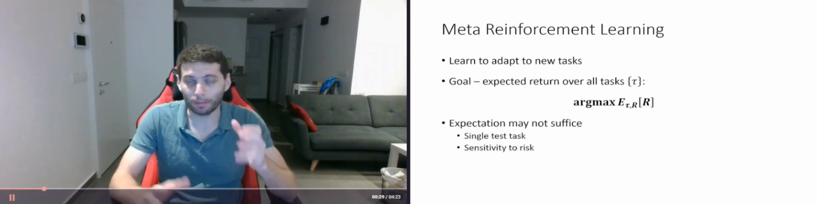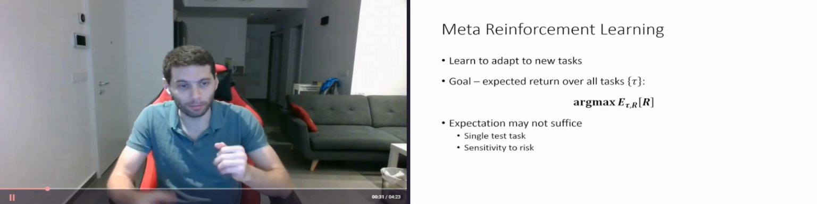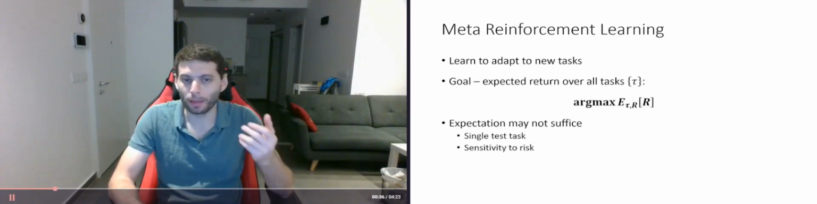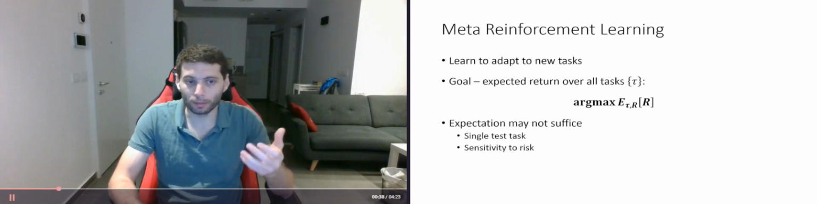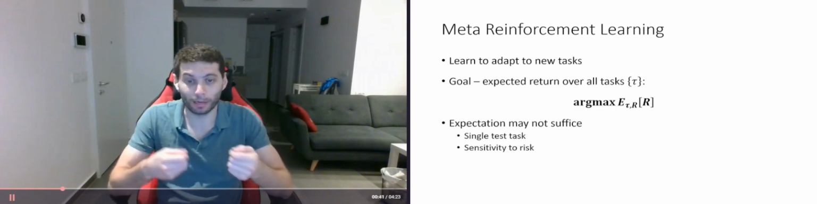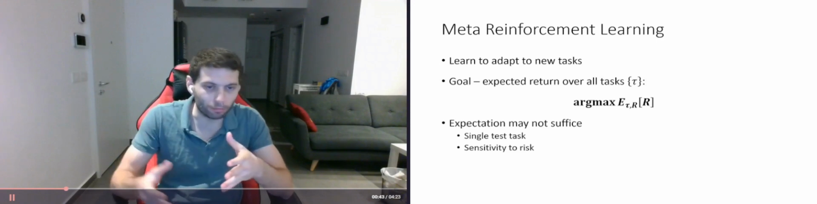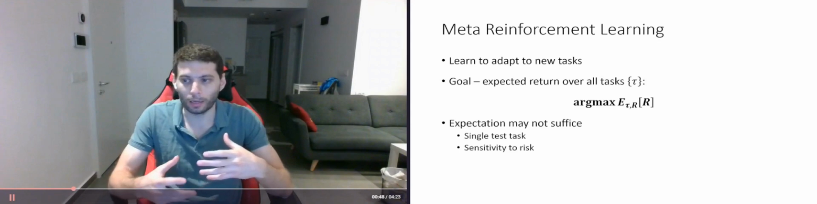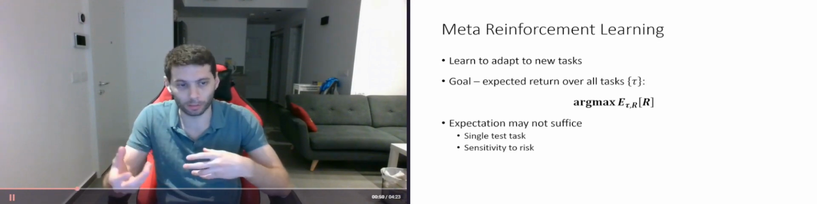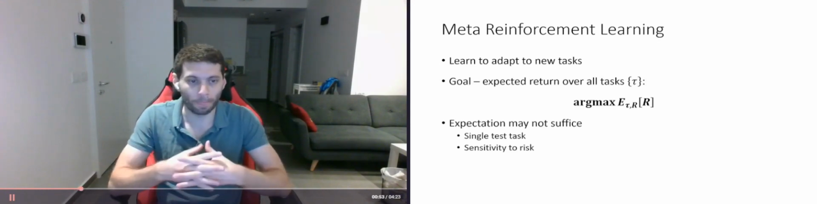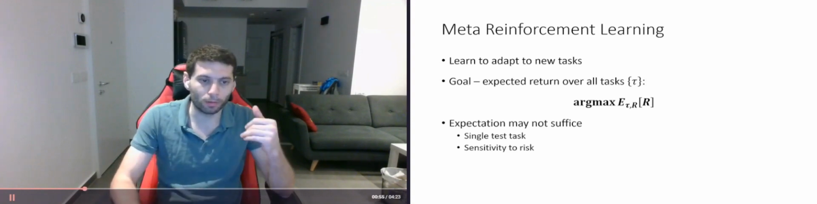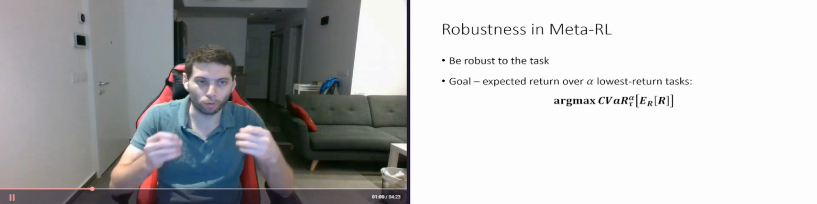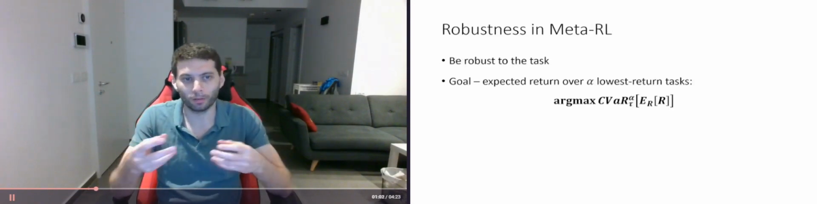Now, the thing is that sometimes the average is not enough. For example, if we only have a single task during test time, we might need to do well on this task, even if it's a hard one. Or maybe we have many different tasks in tests, but they correspond to different users. And we care more about angry users, not just about the average satisfaction. So in both examples, we're interested not just in the average return, we're interested in being robust to difficult or